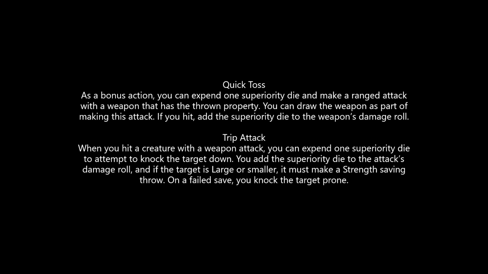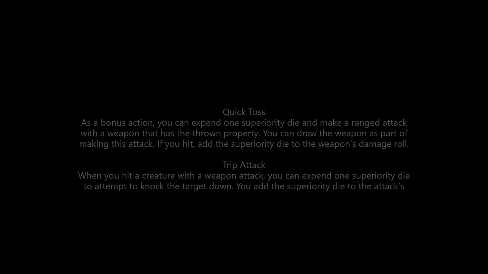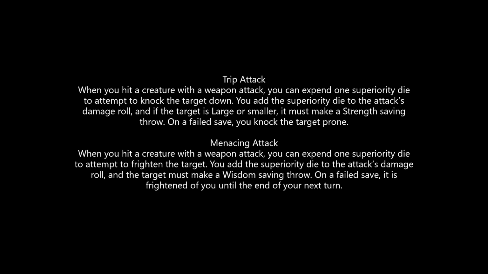Trip Attack is another strong maneuver that when used with Thorn Whip will move your enemy and knock them prone in the exact manner that a Bat Claw would. And finally, the very powerful Menacing Attack is perfectly thematic for Batman, who regularly strikes fear into the hearts of enemies. On a failed wisdom save, after we hit an enemy, they will be frightened of us until the end